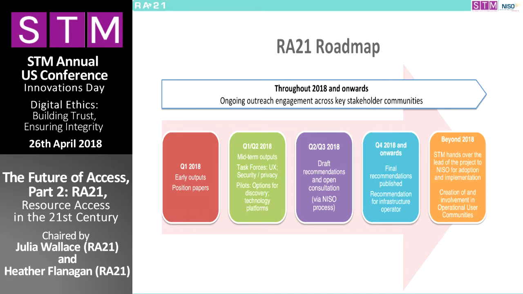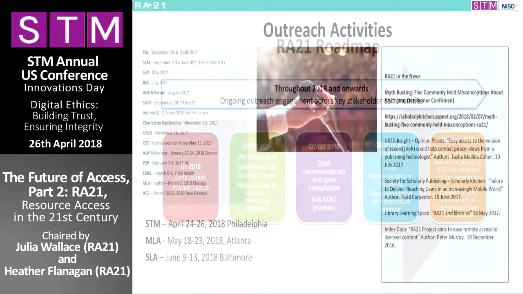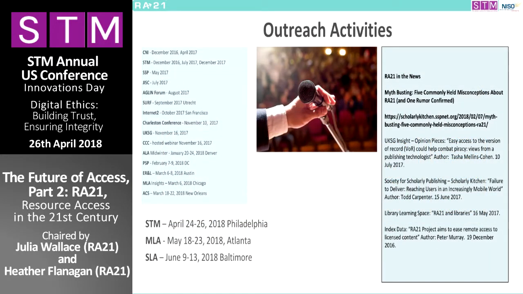And then we'll be drafting, putting out for consultation and comment, the recommended practice via the NISO process. And as I mentioned earlier, starting to talk to potential operators of the central infrastructure so that we can also make a recommendation on who we think should pick that up, kind of plot what happens after the project phase. And then, obviously, once we have a solution and recommended practices, there's a huge implementation phase, and that's where we think NISO is really going to come to the fore and use their ability to engage with the academic community in education, outreach, and making this happen.